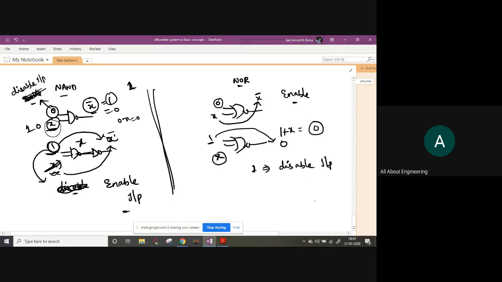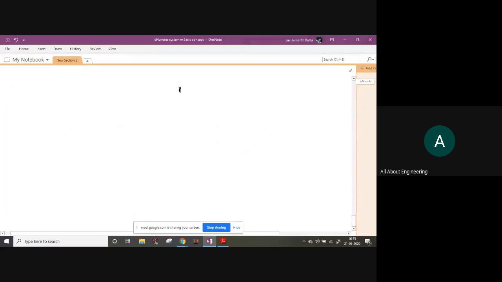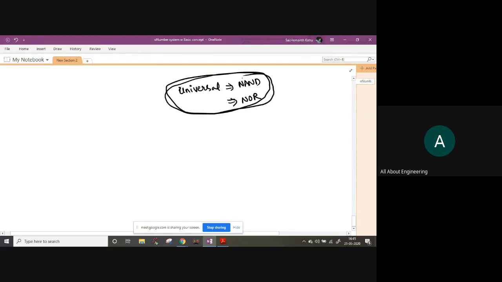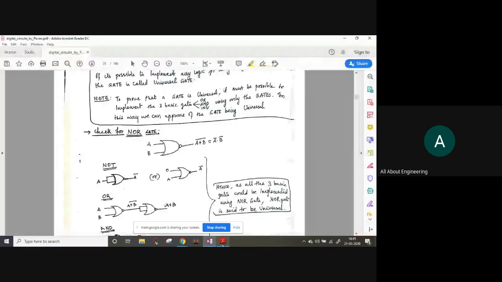By the end of this session, I will blast you with an example of a different universal gate. So far you all have a myth that universal gate means NAND and NOR gates only. NAND and NOR gates. But now I am going to introduce a new type of gate which will blow your mind, which also satisfies the condition of a universal gate. So let's go in. We are going to see that in a little within less time only.